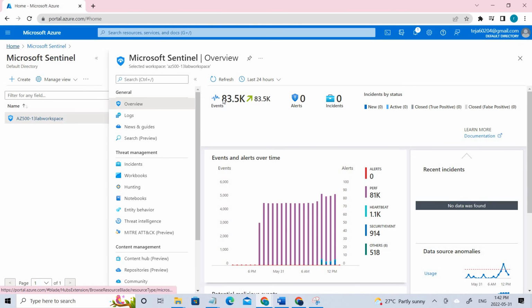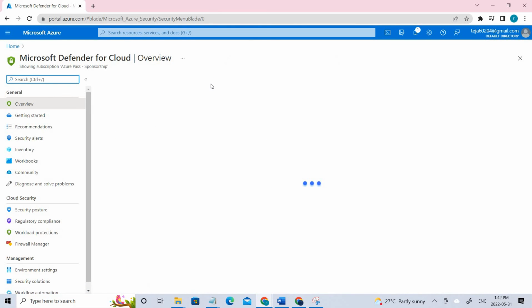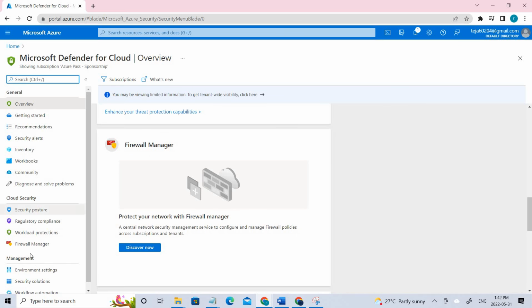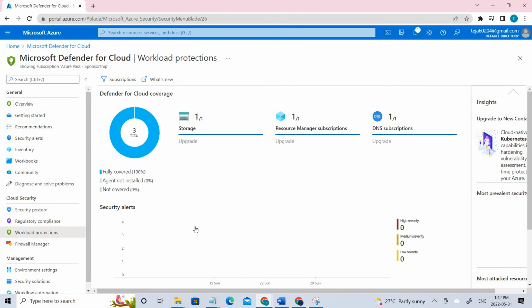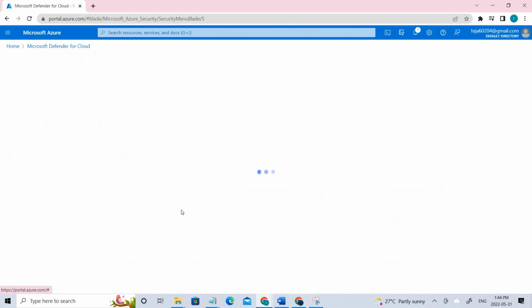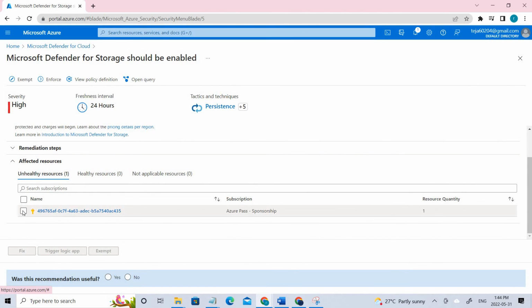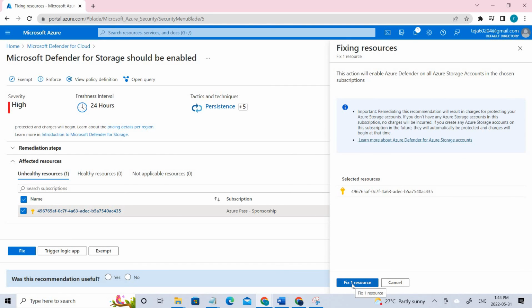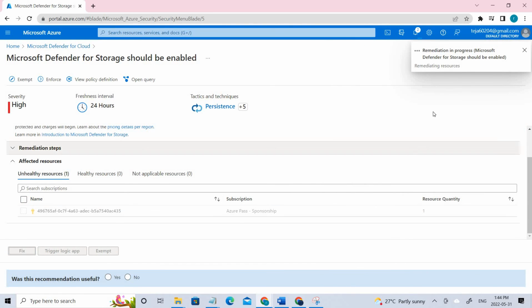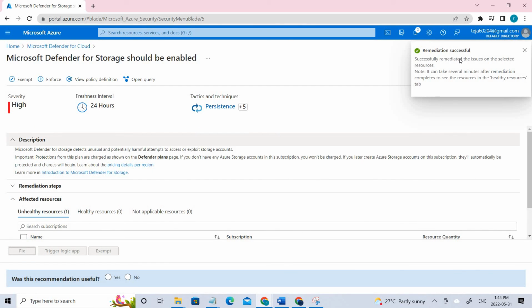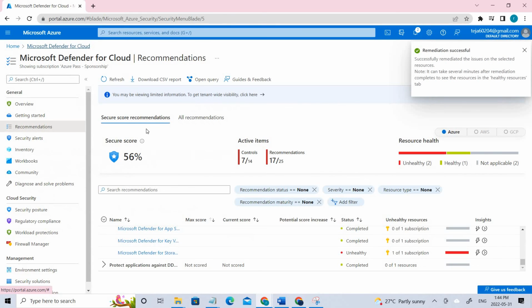Okay, let me go back to Defender. The score is 56. Okay, let's try to fix some issues. Click this, if I click fix one resource, so the remediation was successful. If I go back,